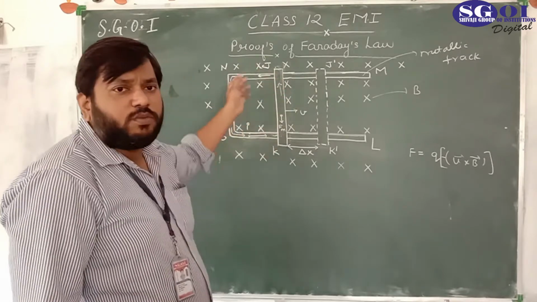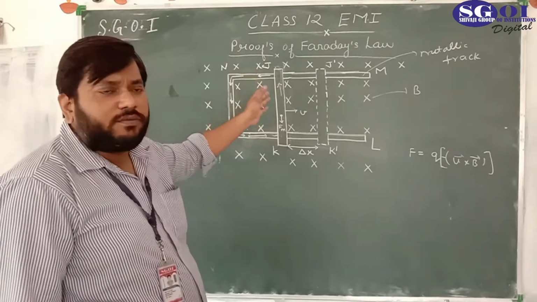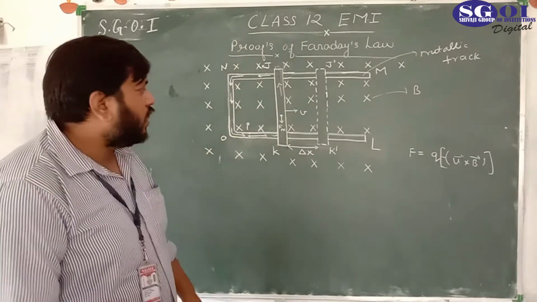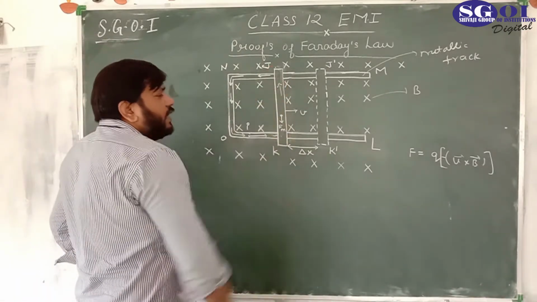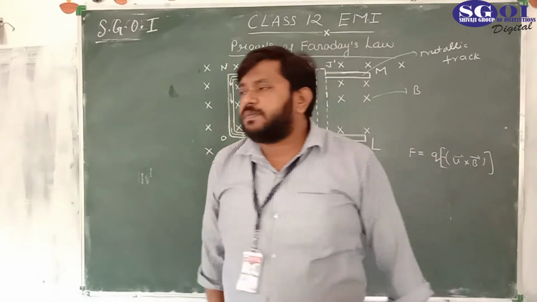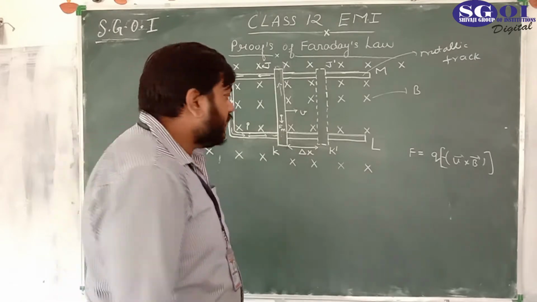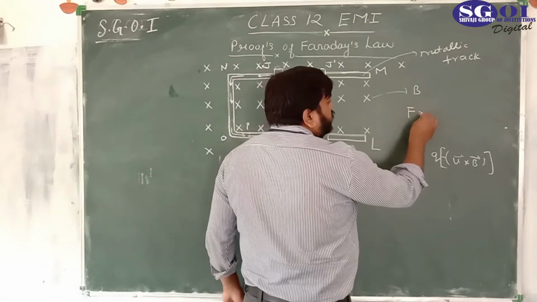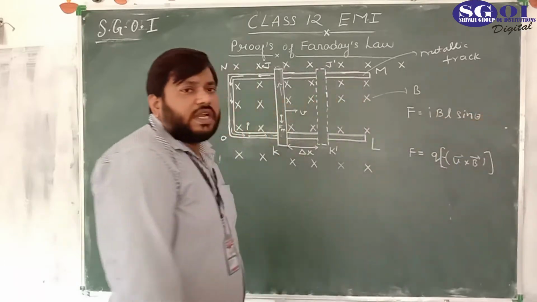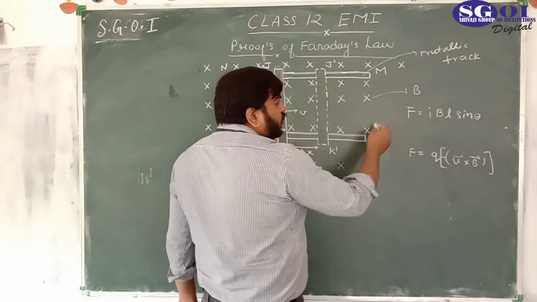There is a closed path for the motion of the charge carriers, and the current would start to flow in this path. The direction of the current is opposite to the direction of the motion of the free electrons. If a current carrying conductor is placed in a magnetic field, there is a force, and we know that it is F equal to I L B sin theta. I is the induced current here.